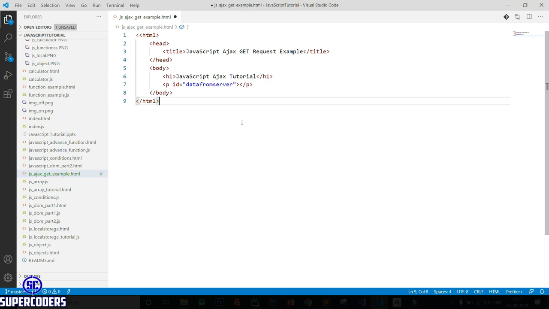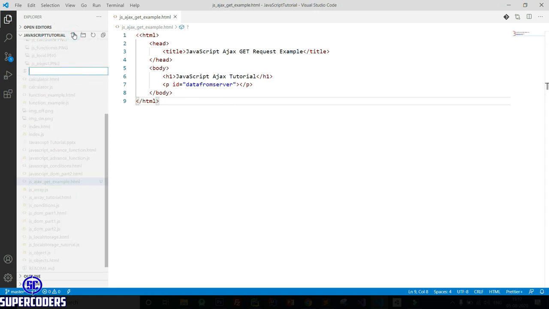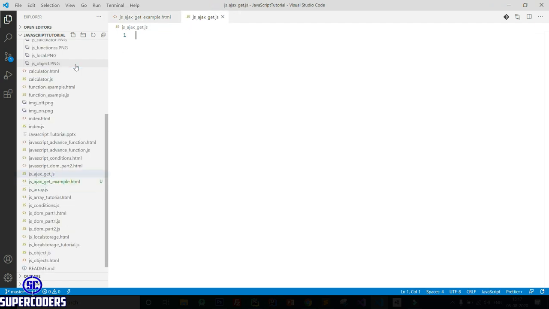So first save it, then again create a new file, giving the file name JS Ajax get.js.